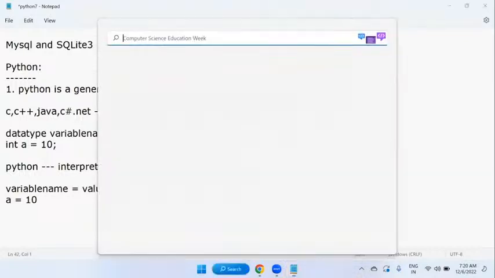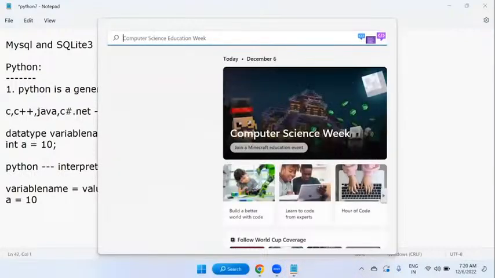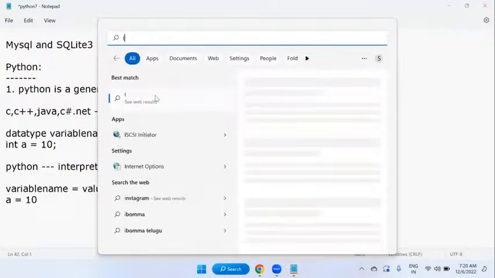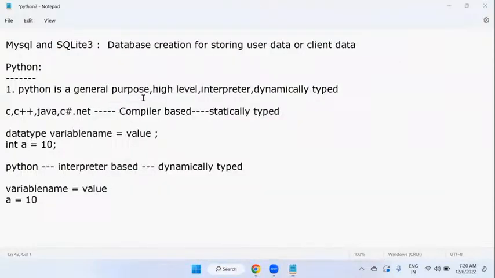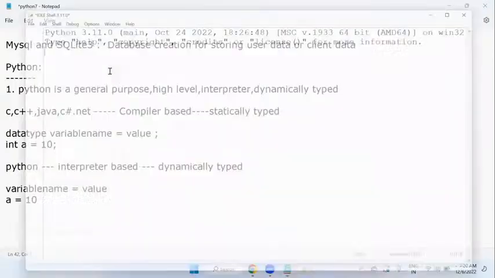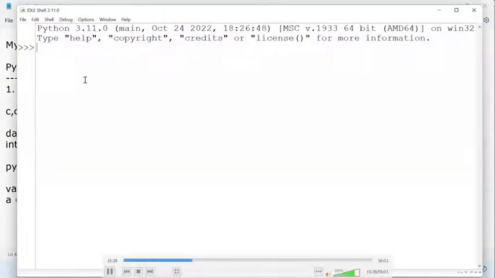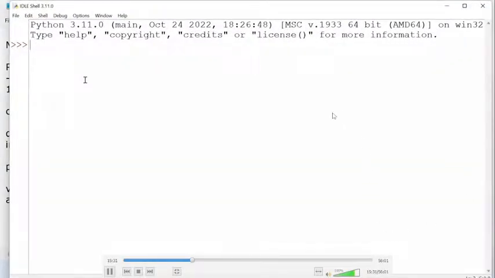But right now, I would like to show you a simple program, to see how data types are dealt with. So I'm opening the software. This is the default editor. As soon as we click on IDLE, you'll notice this is the IDLE shell. This is the editor tool. So in this editor, I'm just typing